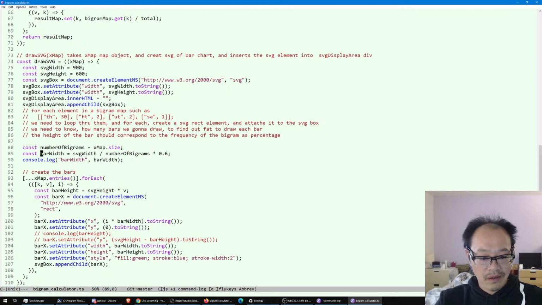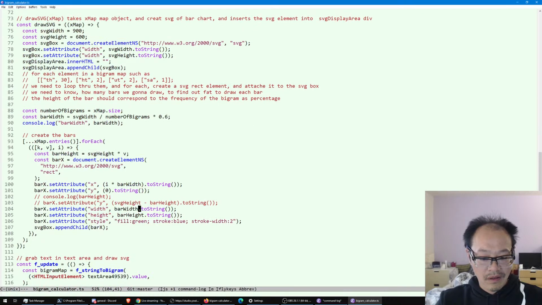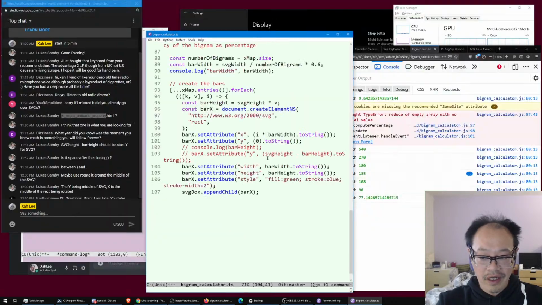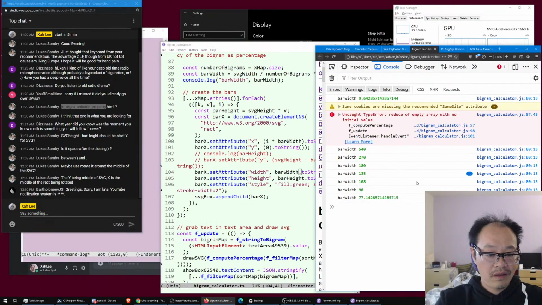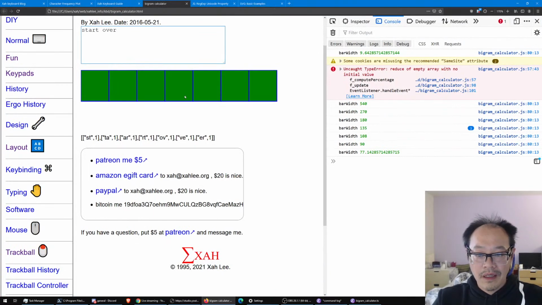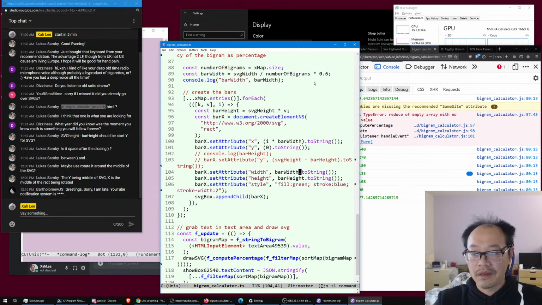But why is it not having any effect? It seems like it does have effect. You see, it does have effect, but why is it that we don't see gaps? Because we multiplied by 0.6, so